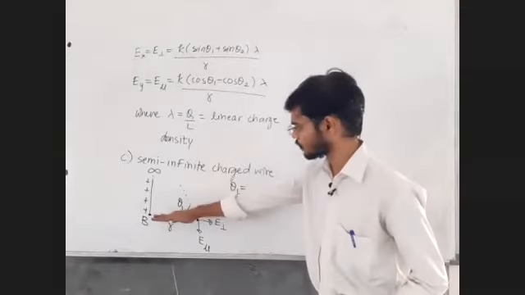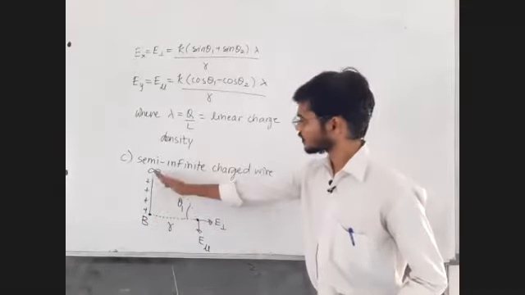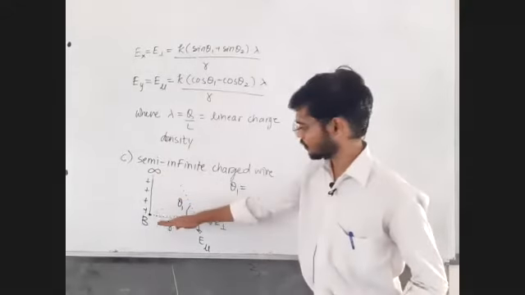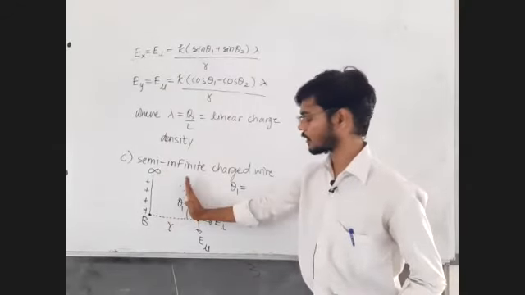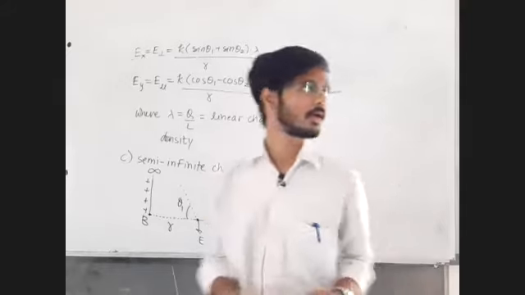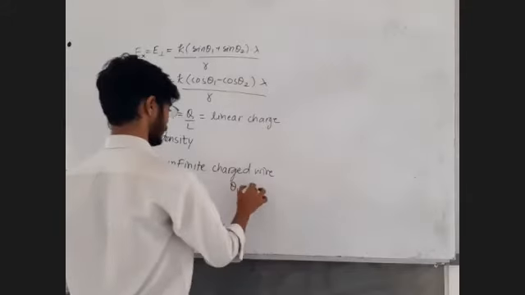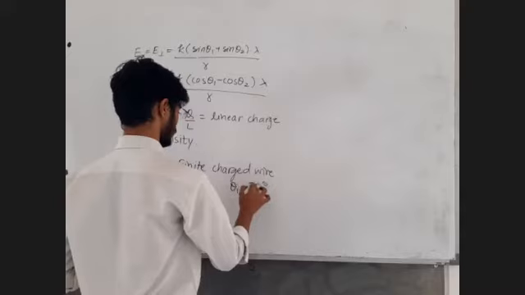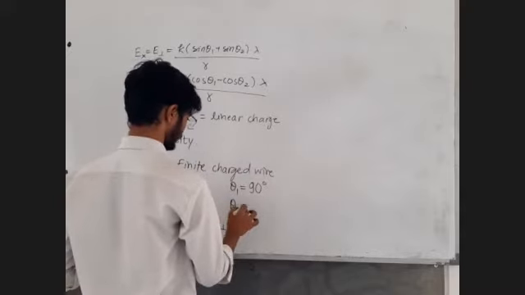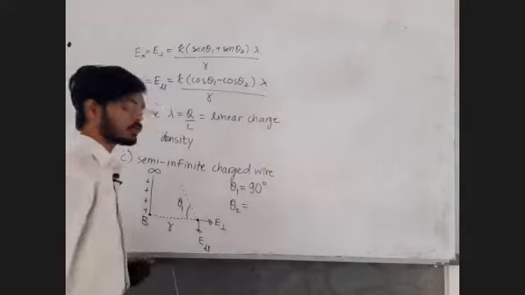Angle is to be measured from this perpendicular line. So the point A is at infinity. So we have to look up and up and up and up. Ultimately, that angle is going to become 90. All right, sir. So theta 1 is equal to 90 degrees. Now let's check who gives me the correct answer. Angle for the lower end.